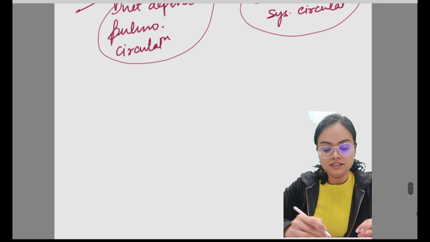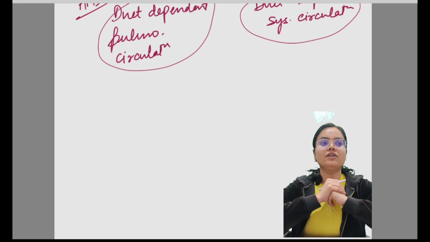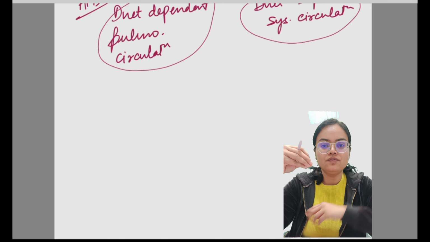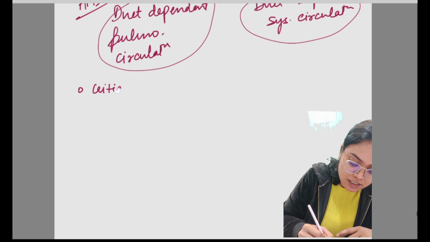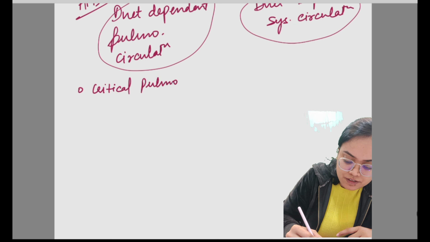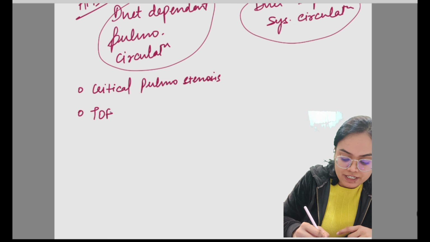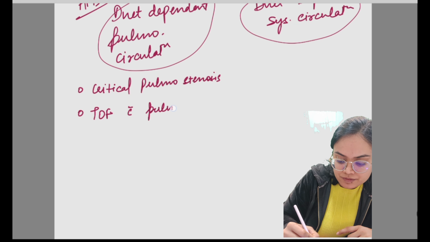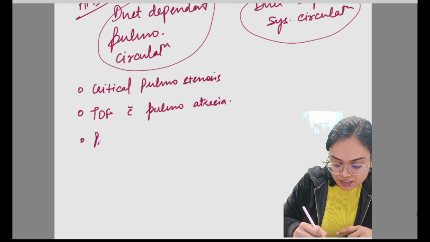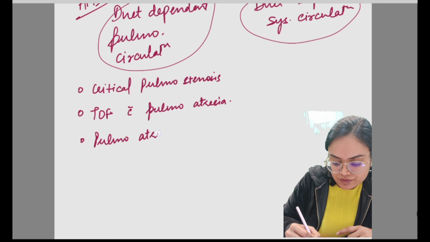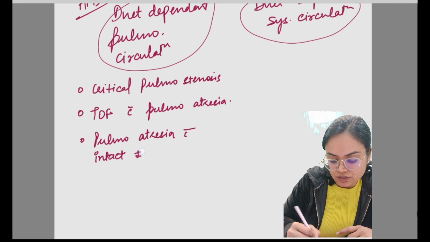Condition where the duct is important to maintain the pulmonary circulation because there is obstruction to the flow of the right ventricle. What are these conditions? This is critical pulmonary stenosis. It is tetralogy of Fallot with pulmonary atresia. Another condition is pulmonary atresia with intact interventricular septum,